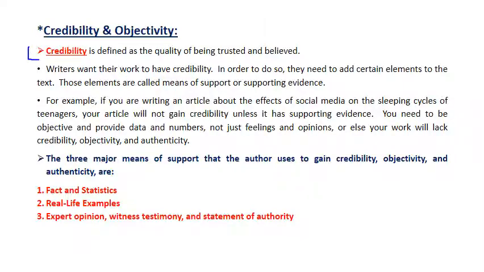Credibility and objectivity, of course. Credibility means being trusted or believed. How does an author achieve credibility and objectivity, which both mean the same? Of course, I can say credibility, objectivity, authenticity, and accuracy. All can be used interchangeably. All mean the same. In order to gain credibility, the author needs to use supporting evidence, or we call them